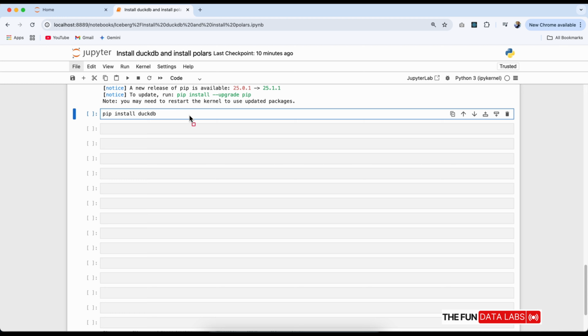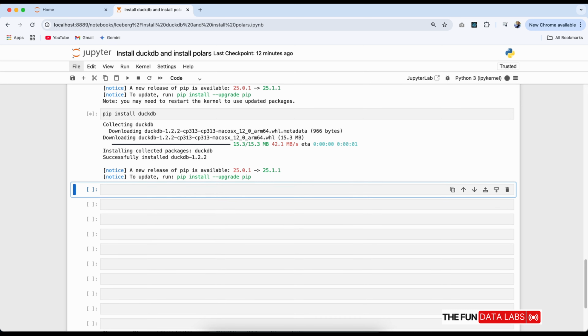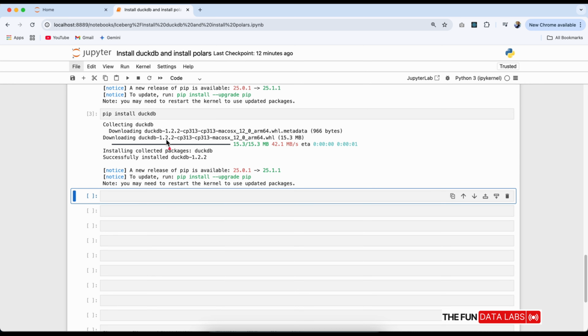DuckDB is particularly useful for ad hoc analysis and SQL-based data exploration. It can read from various data sources, including Iceberg tables, and provides excellent query